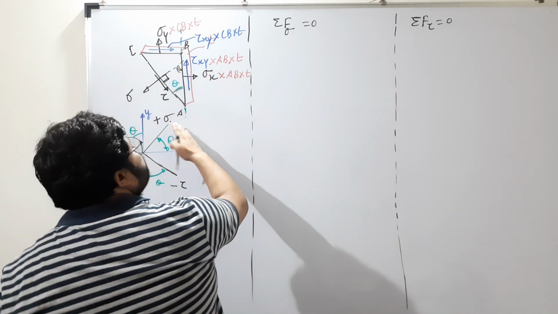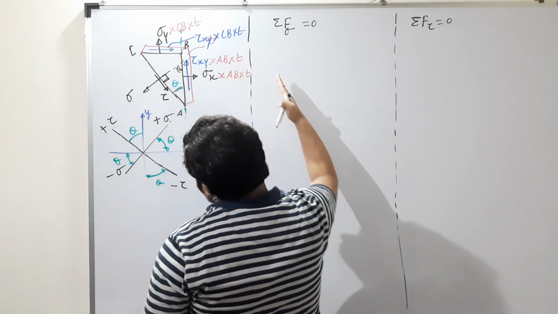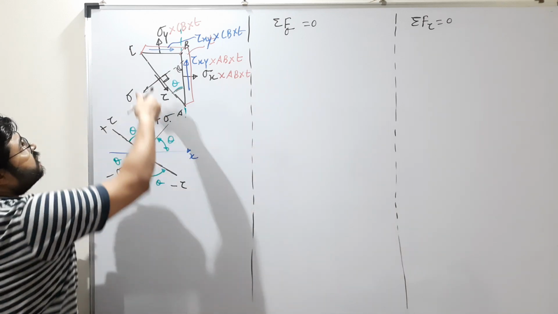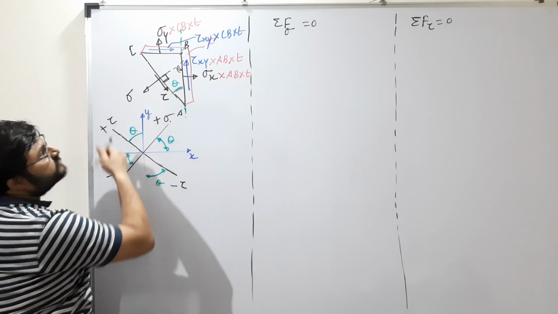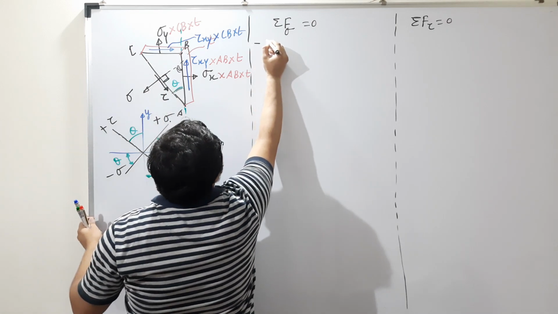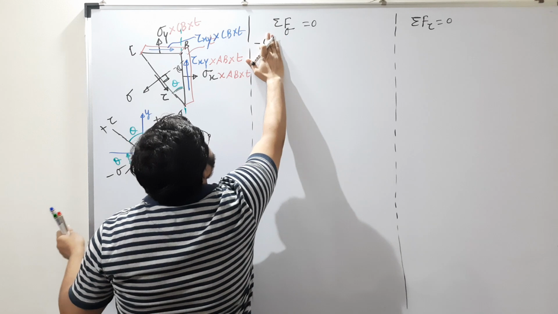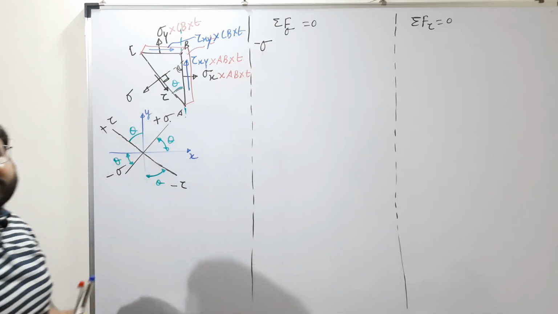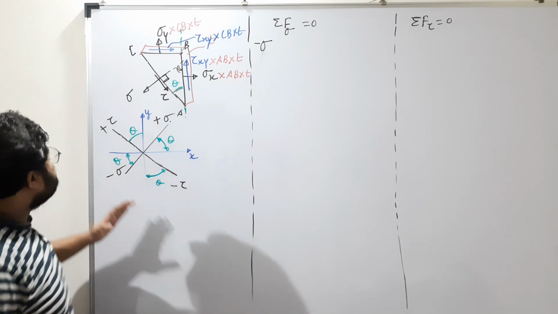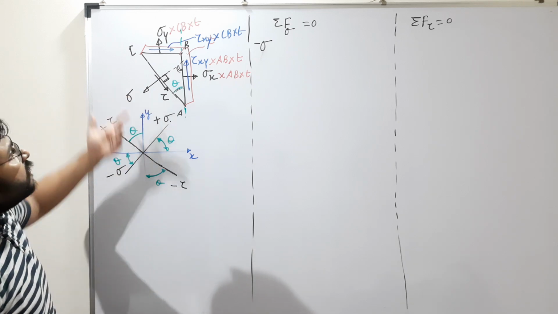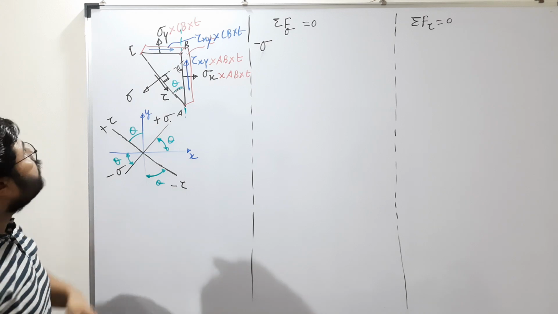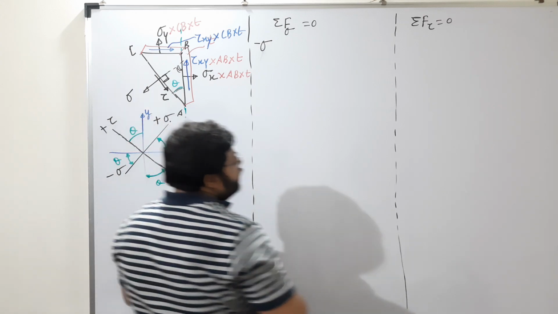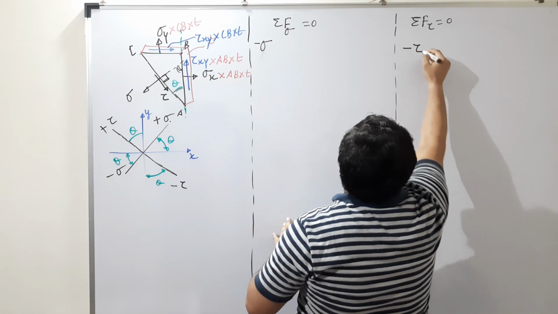Now the convention already shows which one is positive. So now what we are going to do, the very first thing we will write, this sigma is acting in this direction. So this is negative sigma. So we will start with minus sigma. Now this is minus sigma, but what about the other component of forces, how we can resolve them? So in the same manner, this tau is also minus tau. So here if you write, this will be minus tau.